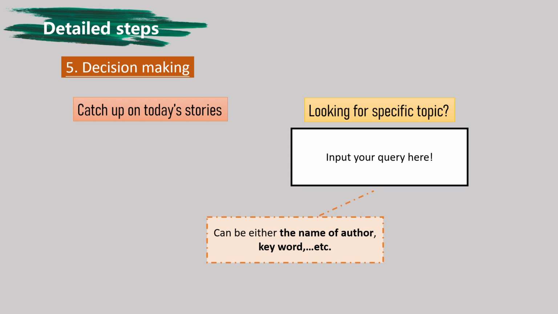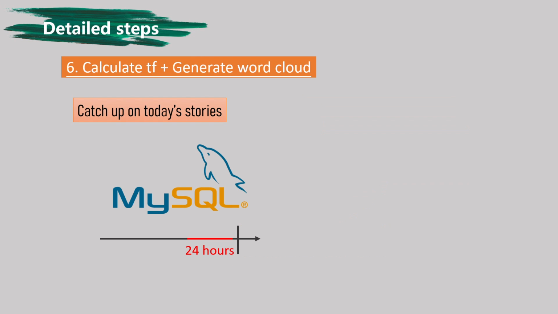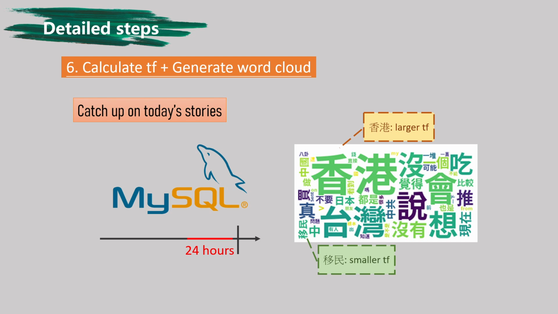The first one is to directly inform users about things that happen today. As for the second and third functions, users can key in their interest keywords to look for specific topics. This is the schematic for the first function. We extract the data within 24 hours from MySQL, where we store our data document, and transform the result into a word cloud according to the TF-IDF of each word. The larger size of the font means that the word has a greater term frequency in this within-24-hour data